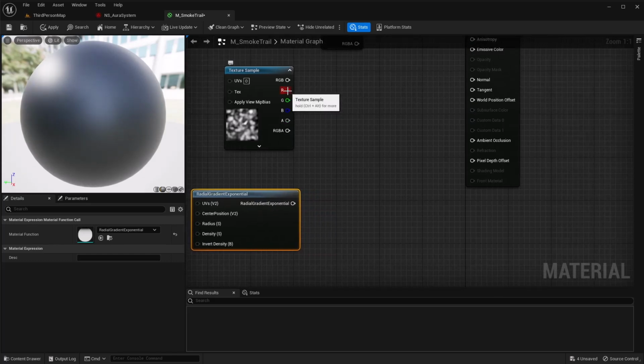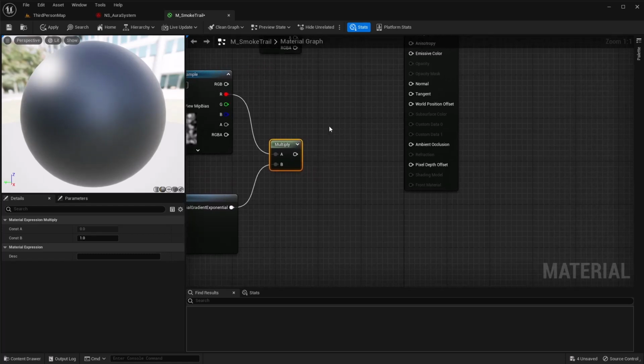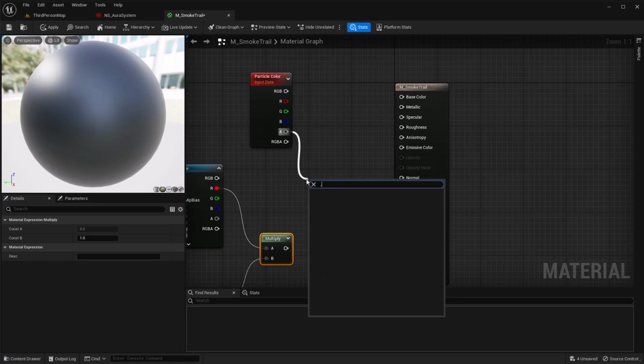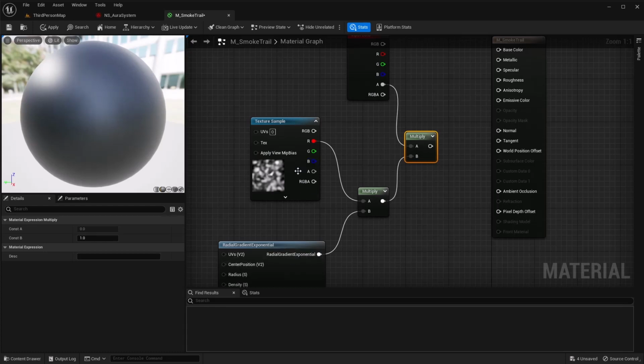The first thing we're going to do, we're going to grab the red off of our texture sample, and we're going to multiply this with our radial gradient. Off of the alpha of our particle color, we're going to grab the alpha and multiply again. And this is going to multiply with our texture and radial gradient.